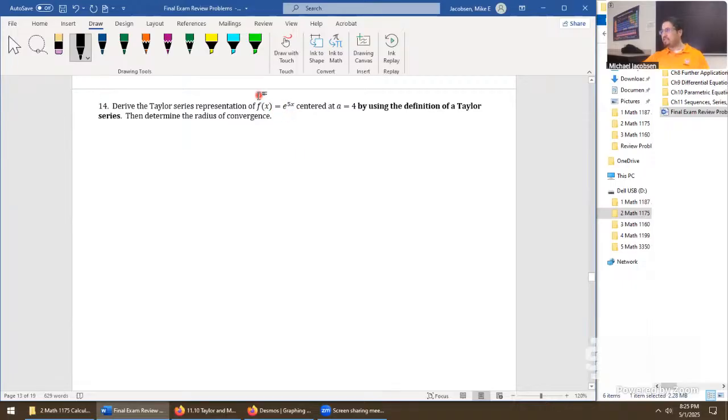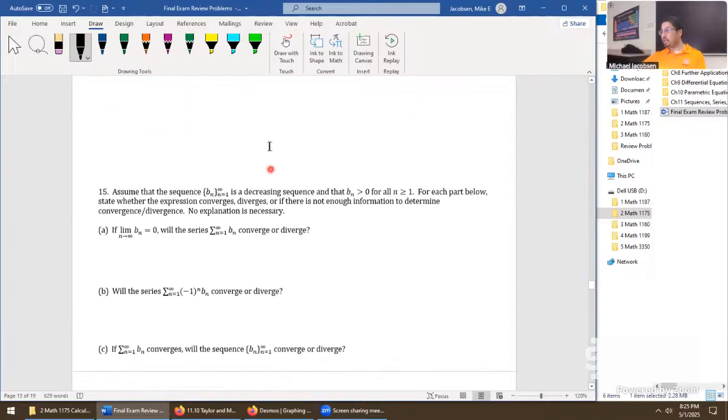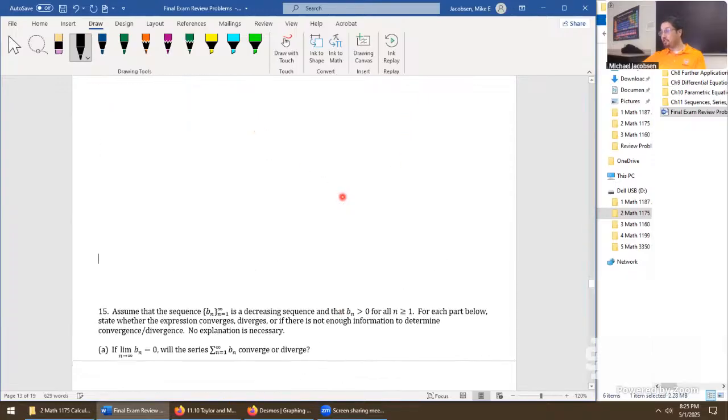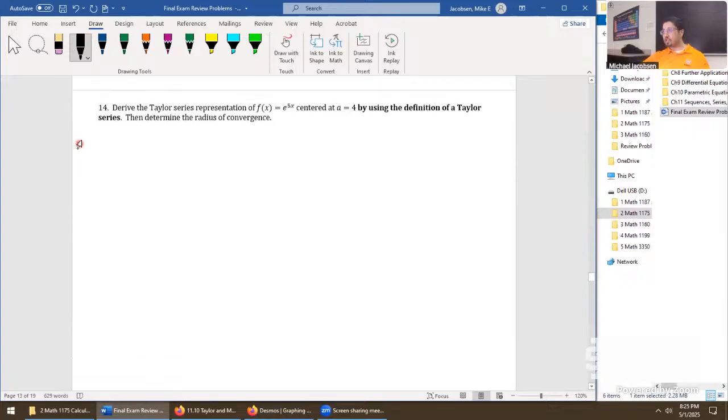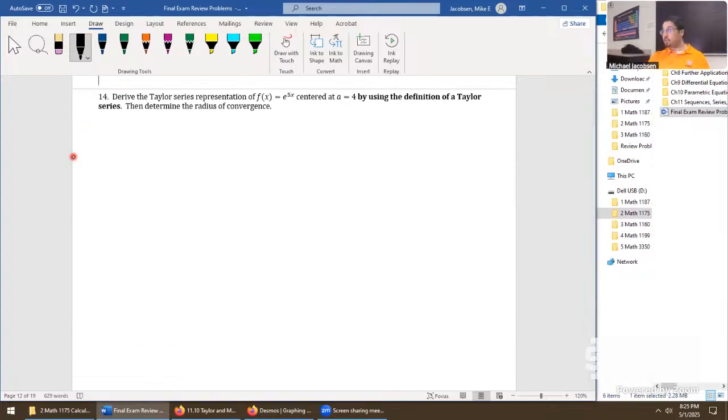This will be not as complicated, but it makes it more of a difficulty level for a kind of problem you see on a real final exam. Here's the process of this. If you see a Taylor series problem, it says by the definition of a Taylor series, you probably have a completely blank page and just the problem, because there's a lot of scratch work to do on this kind of thing. Start off with a 2-column system.